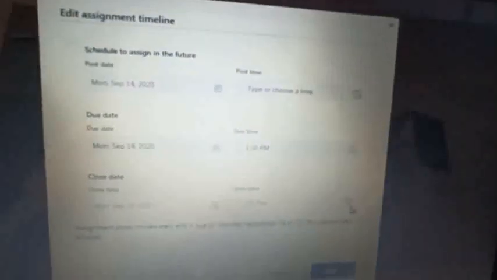So the purpose of choosing close time is that after this closing time nobody can further select an answer or attempt. These are the 3 times which you need to check properly before publishing your paper, because if you don't check the time properly, your paper will be immediately shown to the students, right? But you are preparing the paper for the future, so you'll have to be very careful regarding these 3 times.